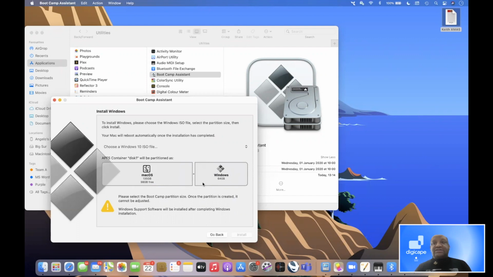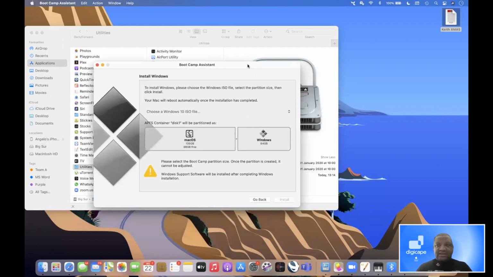And what it will do is it will also create a disk, which you will use when you have booted into Windows to install the drivers for what's on your Mac. It will download it automatically onto an external disk for that process. The one thing you need to keep in mind is that once you've done the setup, it will boot into